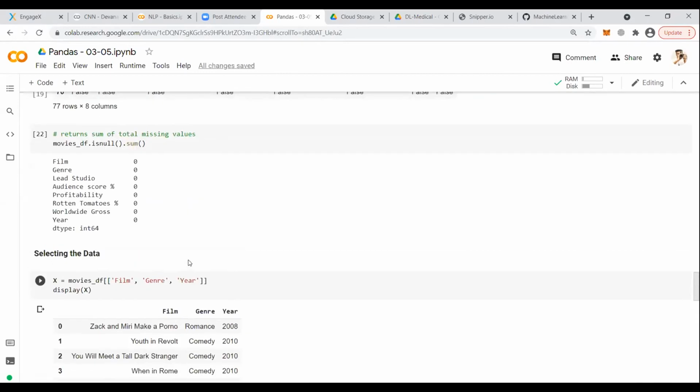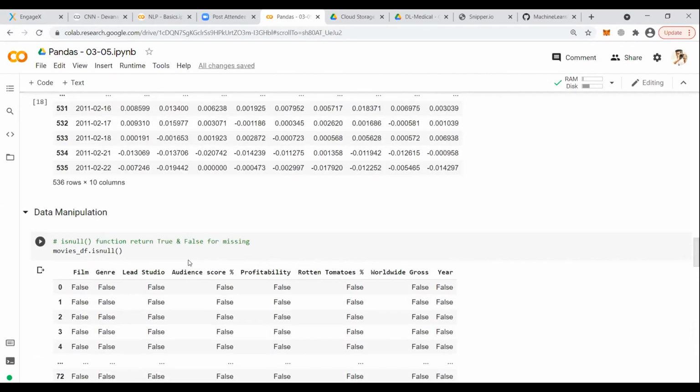Slicing means, suppose you have an entire bread. Do you eat the entire bread whenever you open the bread packet? Or let's say you bought some fruits. Do you take the entire fruits from there? No. You will just slice it, and you will distribute the slices of the fruits to all the family members. That is called slicing.